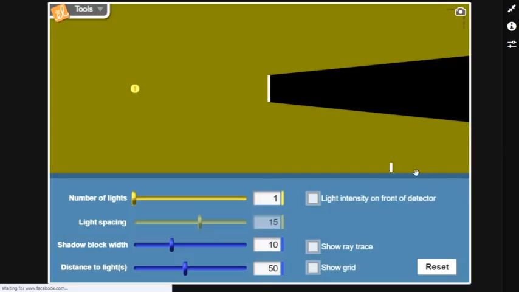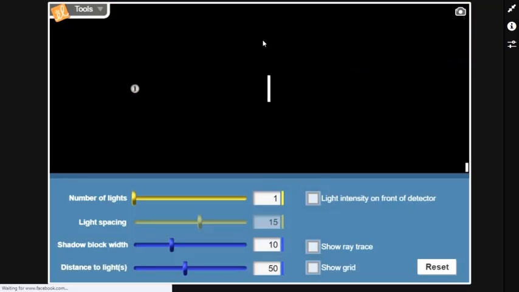Now I will show you how the shadow formation takes place. So this is the source of light, this is the opaque object, and this is how the shadow forms. This black color part is the shadow. As this is light, when I switch off this light, you can see there is no formation of shadow,